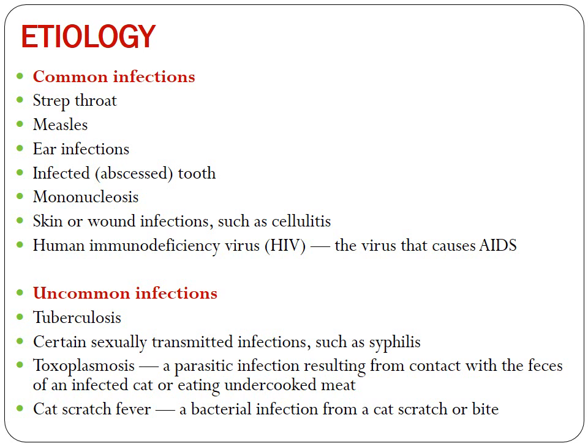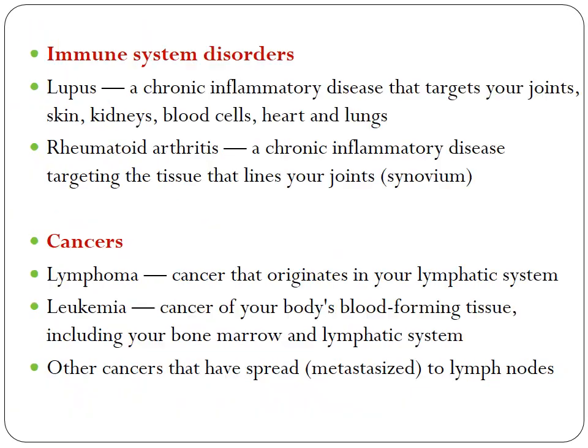That is a bacterial infection that a person develops when they get a scratch or a bite from an animal. So that is also leading to some kind of infection in your system. So these are all the important causes for this particular condition. Even immune system disorders, especially when you're immunocompromised and your immunity levels are really low, this kind of disease can also affect your body in different ways. It can target your joints, the skin, kidneys, blood vessels, heart, as well as the lungs.